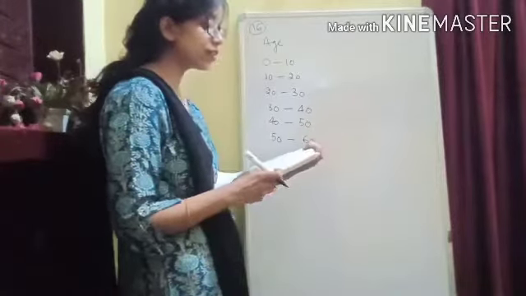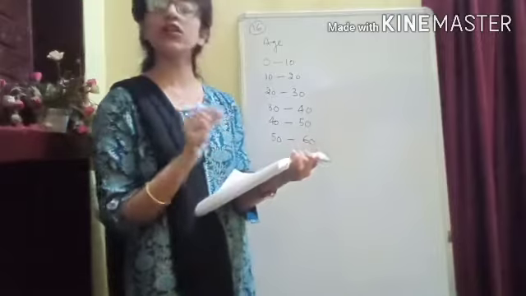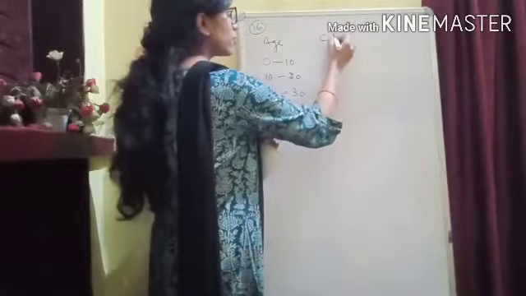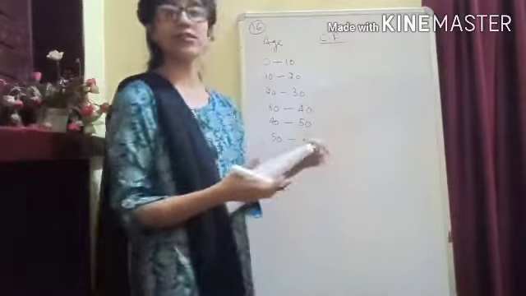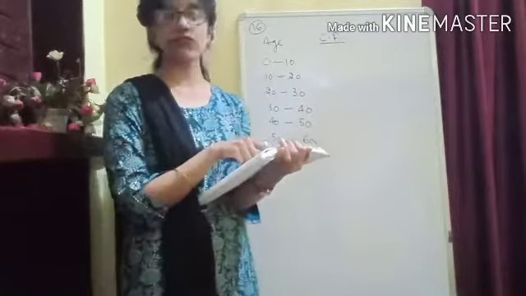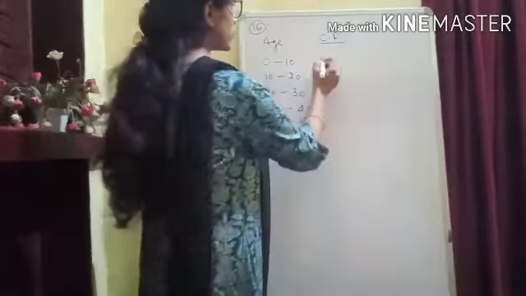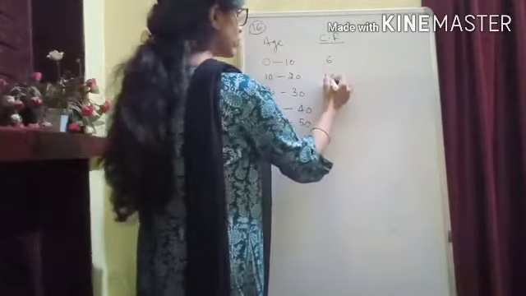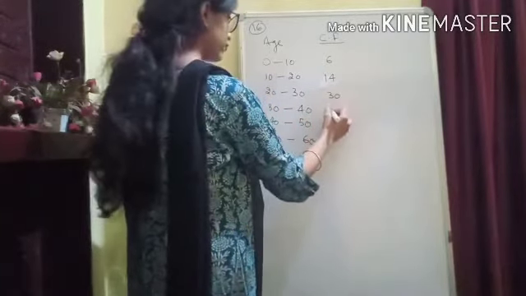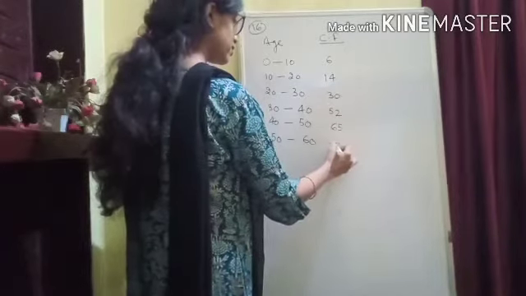Now let us write the number of students. By the way, here the number of students which is given is the cumulative frequency. Here it is given as cumulative frequency. Otherwise, wherever a number is given, it is always the frequency. Since it is given in this form, that's why here we take it as cumulative frequency. So it is 6, 14, 30 given, then 52 given, 65 and 70.